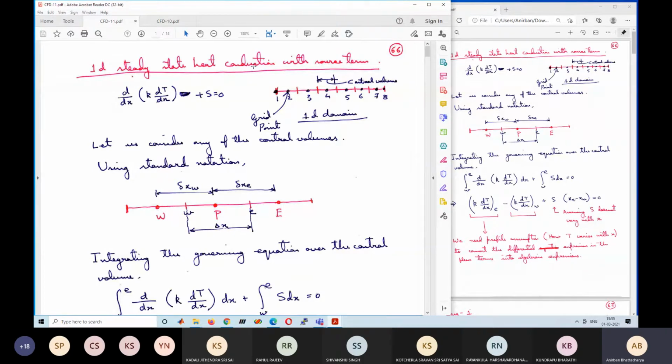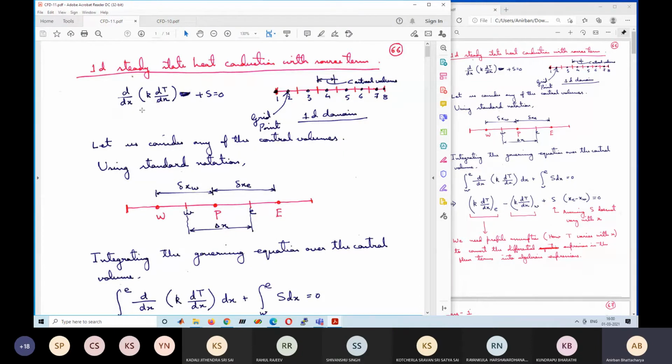Although we are studying conduction problem, it does not mean that this is only valid for thermal problems. Okay, instead of T, we can have other variables like concentration or velocity also, and the same discussion will be valid for that also. It is just that all the books and even in our course also, we give this in terms of temperature, because understanding in terms of temperature is easier. Instead of writing a general variable phi, we write in terms of temperature. But this T is just a representative of the general variable phi. So whatever we discuss for temperature is also valid for concentration, velocity, any similar equation.